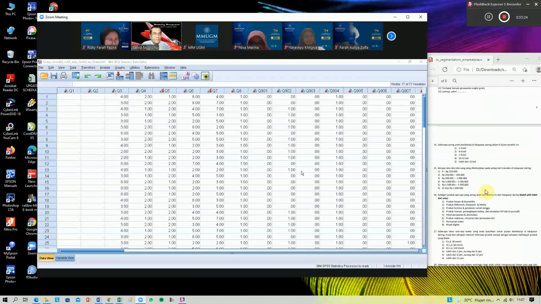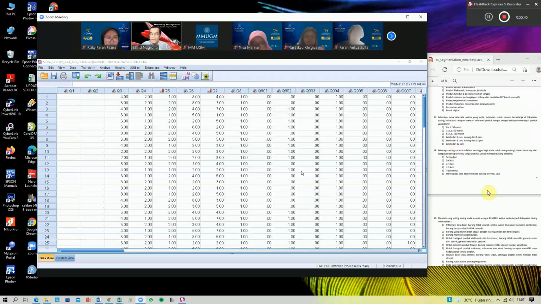Average spending is about 250,000 until 500,000, followed by 0 until 250,000. Then length of visits is about half an hour until 1 hour, and then 0 until half an hour.